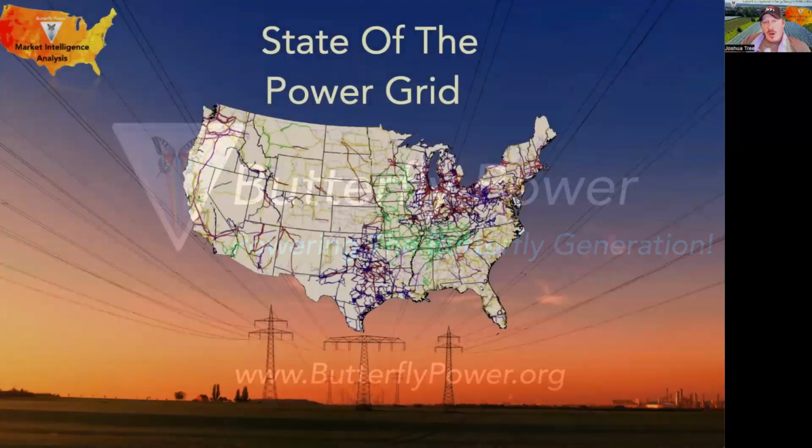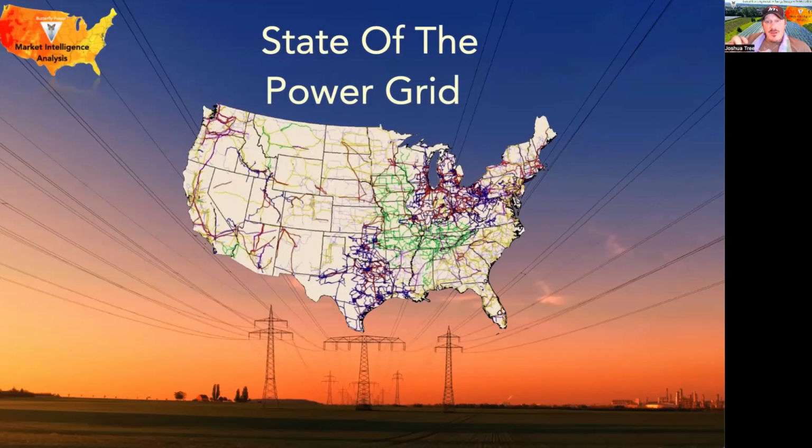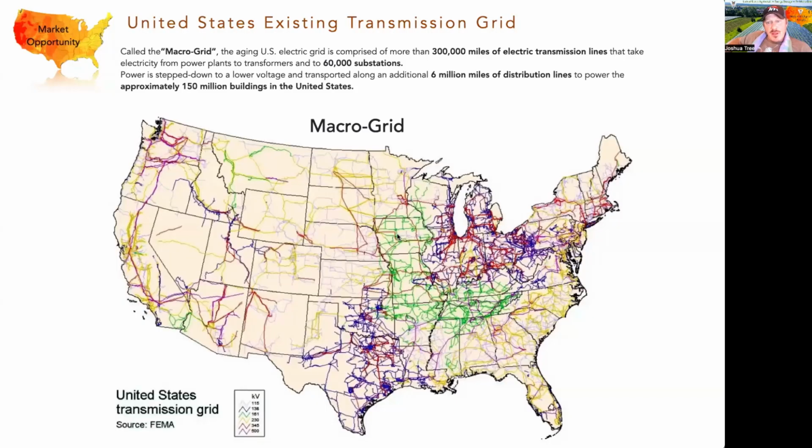So moving from the water grid, what is the state of the current power grid within the United States? Well, as we look at the grid, it's really a grid of grids called the macro grid. And the US electrical grid is comprised of more than 300,000 miles of electrical transmission lines that take electricity from